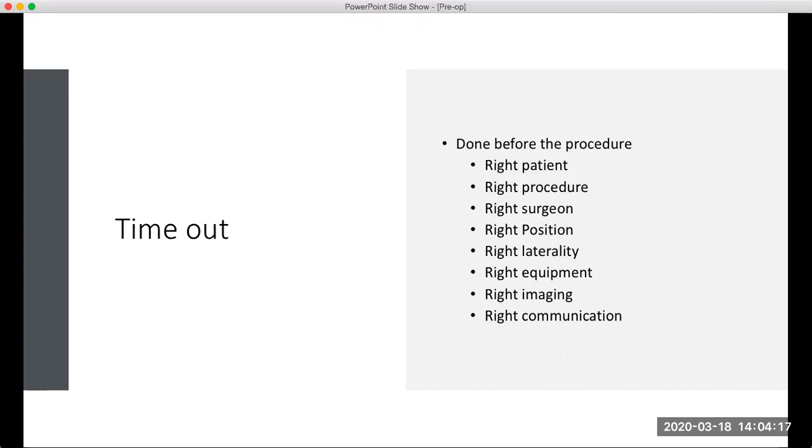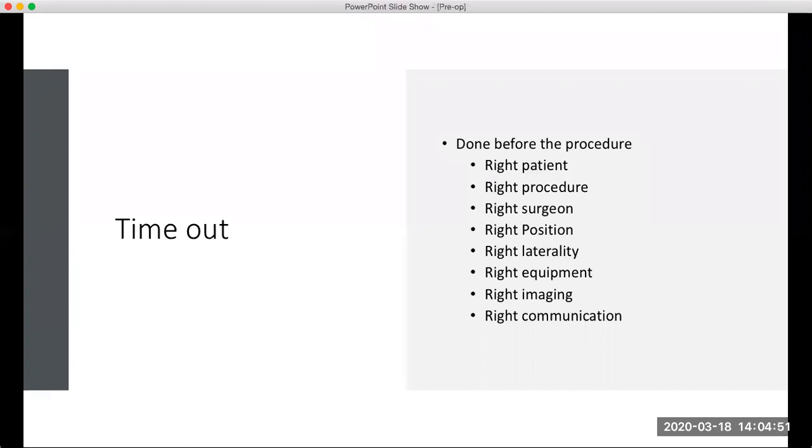Timeout is done again in the OR with the surgical team. They're verifying that they have the right patient, the right surgery, that it's marked, all that kind of stuff. When my son had surgery on his arm, he was asked about 4 different times which arm, right, they were going to be performing surgery on, and he had to tell them every single time. We don't want to perform a wrong site operation. That would be devastating. You've probably heard things like that in the news, and we definitely don't want to be